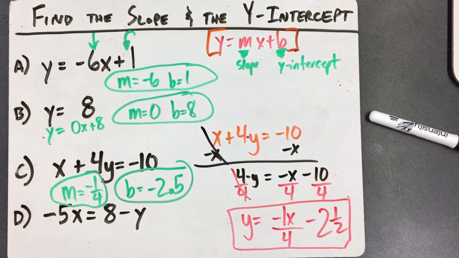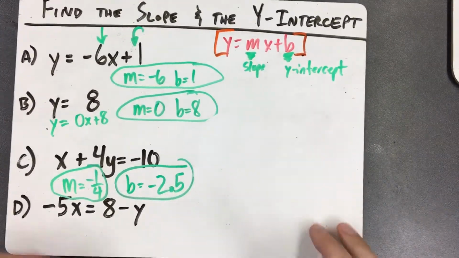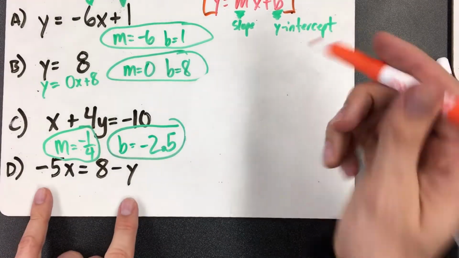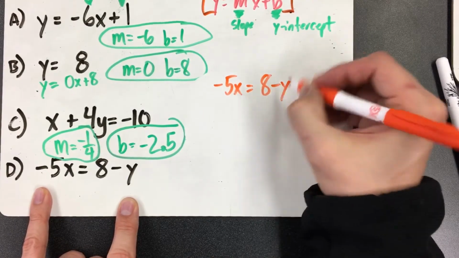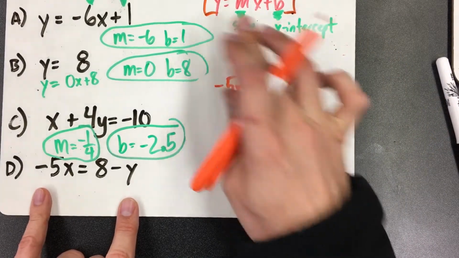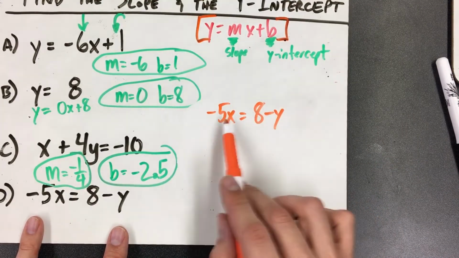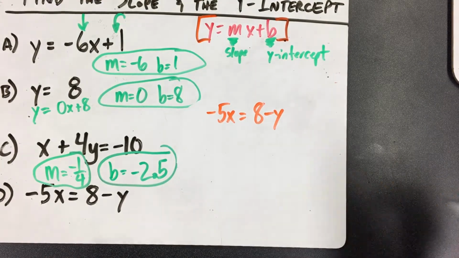I'm going to try to make this a little bit faster than yesterday's video was. Now, this is the same scenario on letter D. This is not in slope-intercept form, so I'm going to write this over here to give myself some room. We need to get the letter y isolated all by itself on the left-hand side. Right now the letter y is wanting to look like this, but we've got all this other stuff around it. So one thing you could do is,